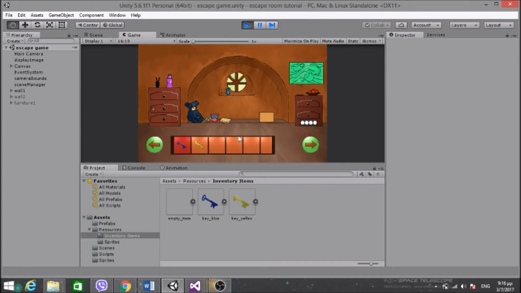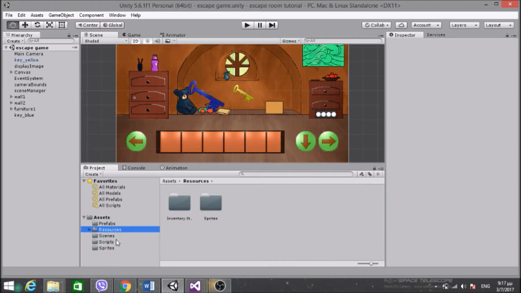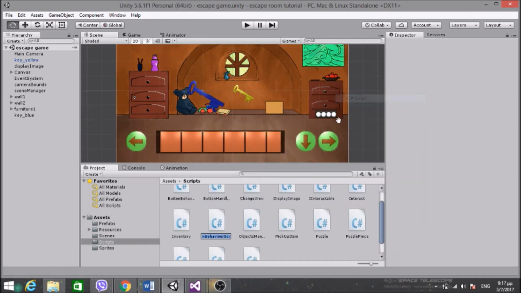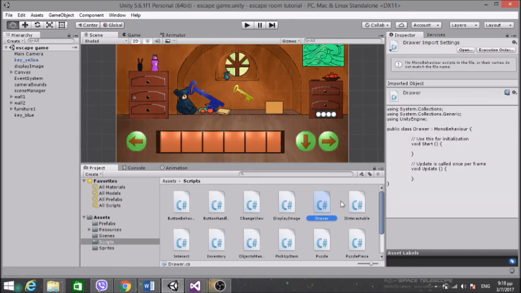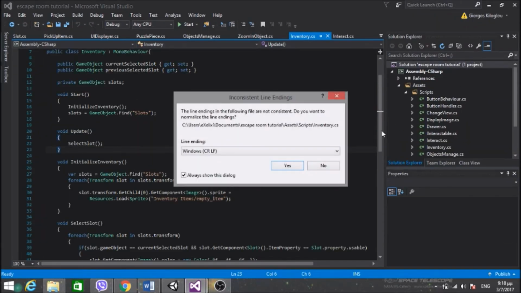Let's do displayable items. Oh wait, before I do that, I want to show you how the usable item works. And I'm going to do this with an example, because usable items are specific occasions and not general occasions. So I'm going to write a script that I will explain later. But for the sake of this example, I will show you. I call it drawer. And for the drawer, let's see, I'm going to write here, drawer